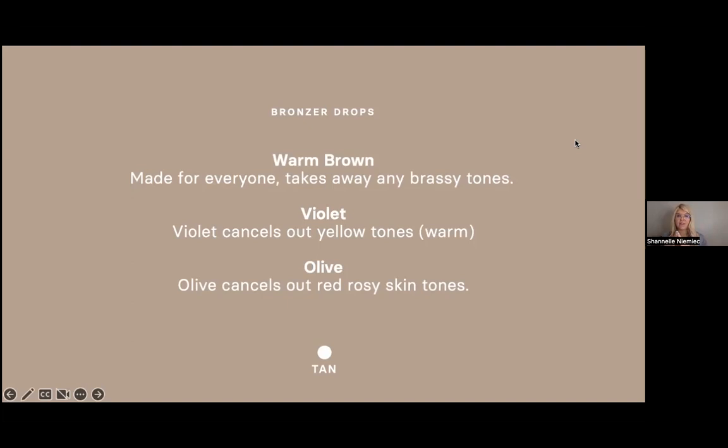So this is going to be made for anyone. This really is our neutral bronzing drop, can be used for really any skin tone, and it's going to take away any brassy tones. And then we have our violet, and that cancels out any yellow tones or warm tones